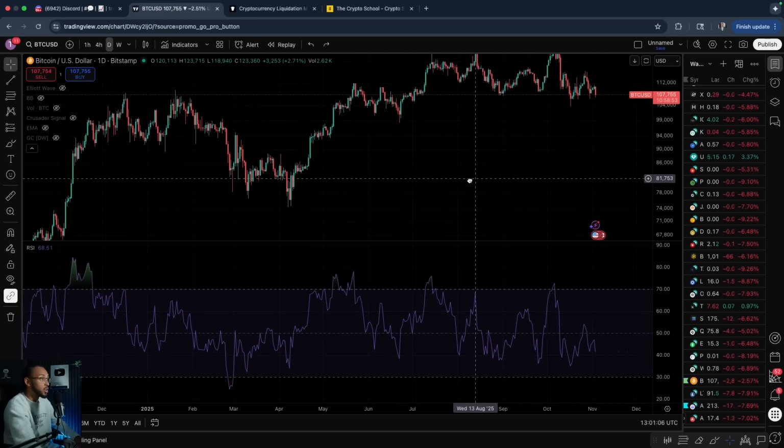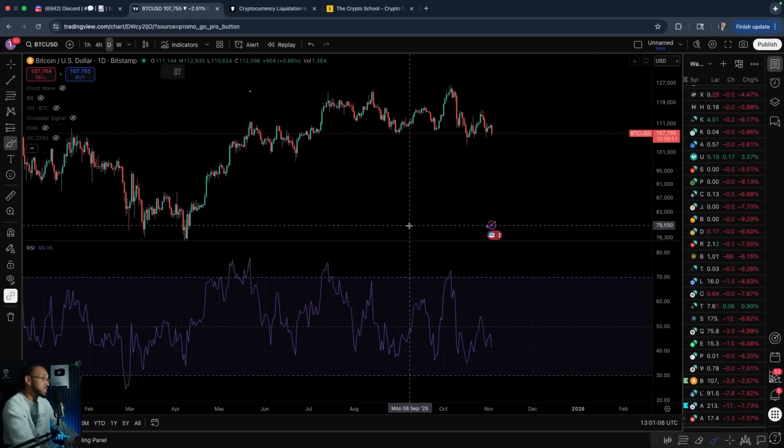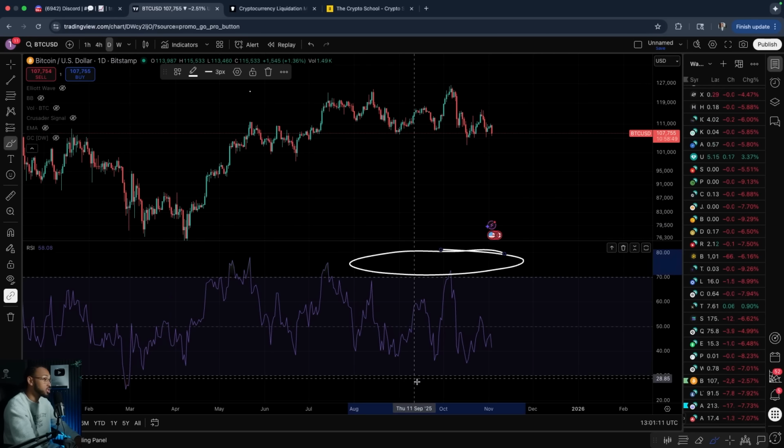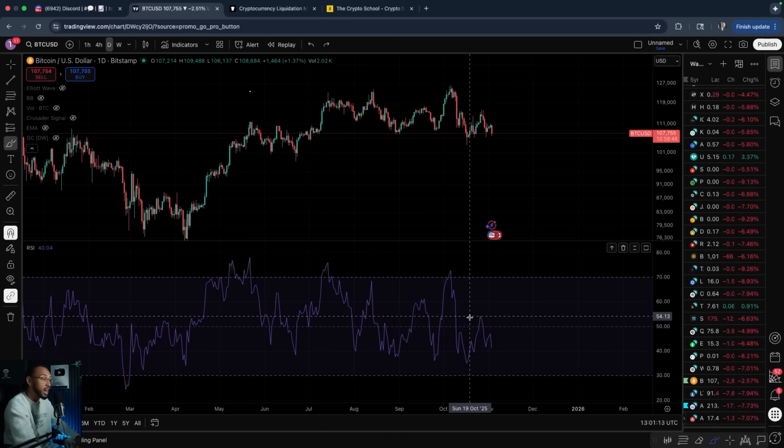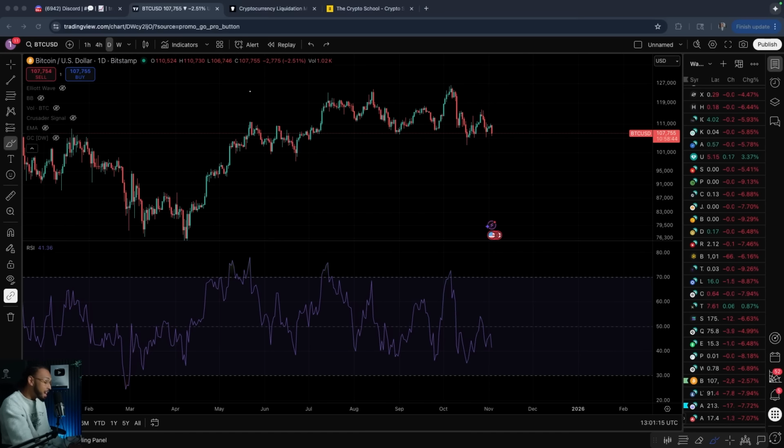So, the first indicator that you need to learn again is this RSI because it'll give you a really good understanding of if a crypto is too high, too low, or somewhere right in the middle. Now, before we get into the next indicator that you need to learn, which is called the Gaussian channel,